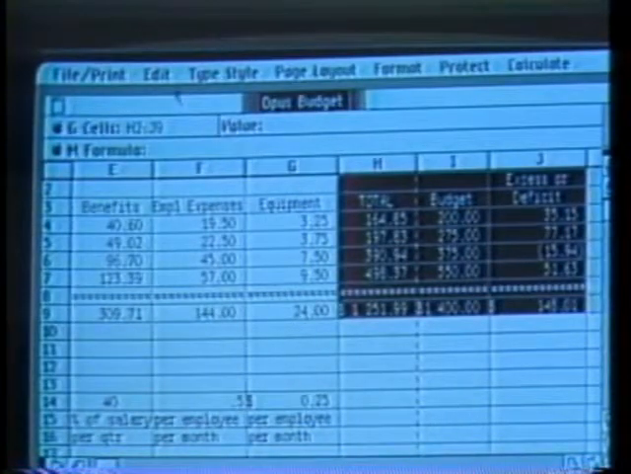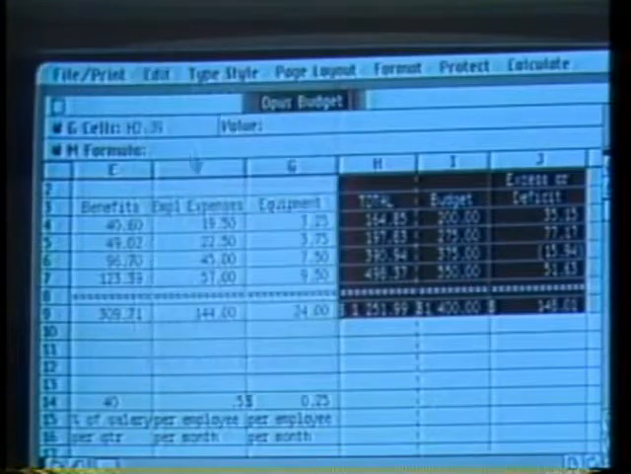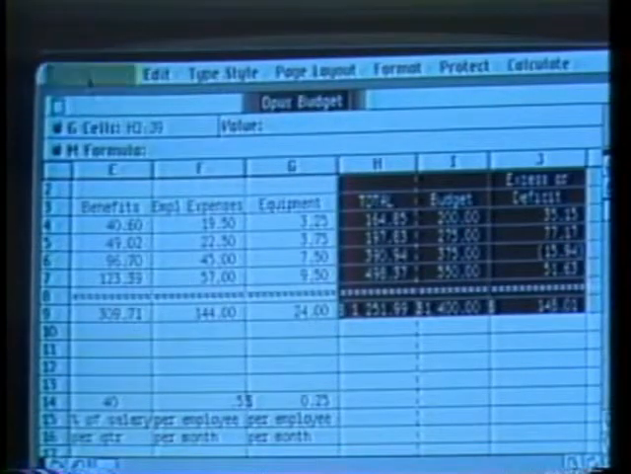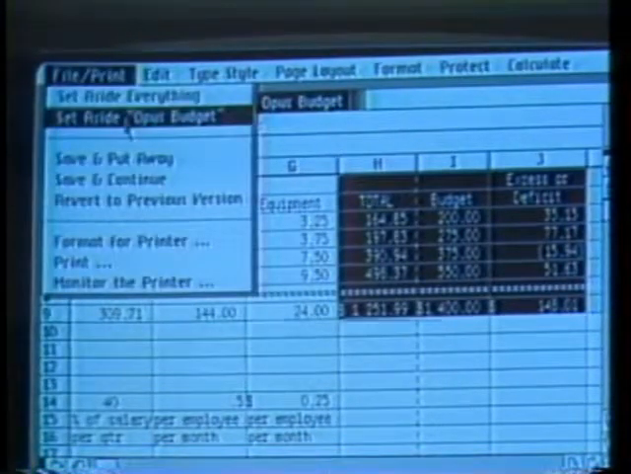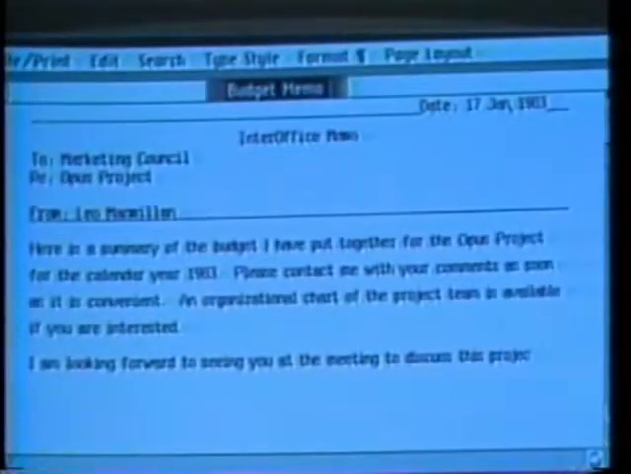I then go to the Edit menu and choose Copy. I've now made a copy of the model which I can use later. I'll set aside the budget for now. To create a memo, like the one I have here, I begin with Lisa Write, Lisa's powerful word processing tool,